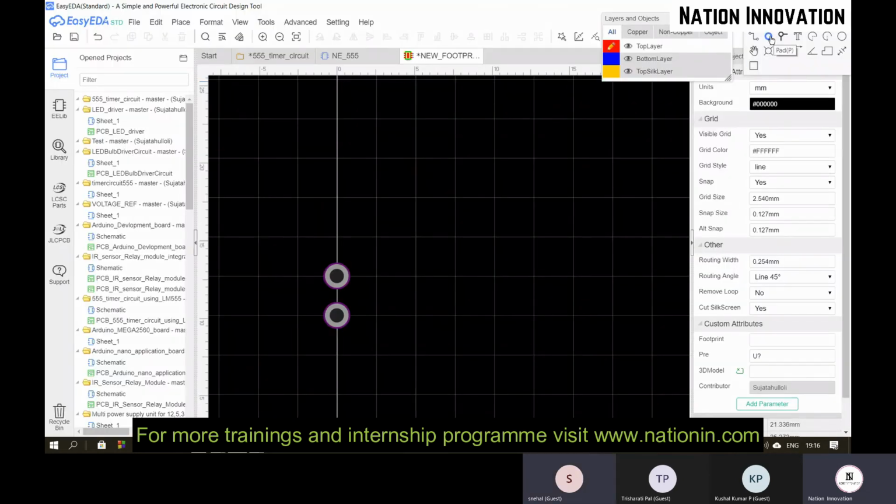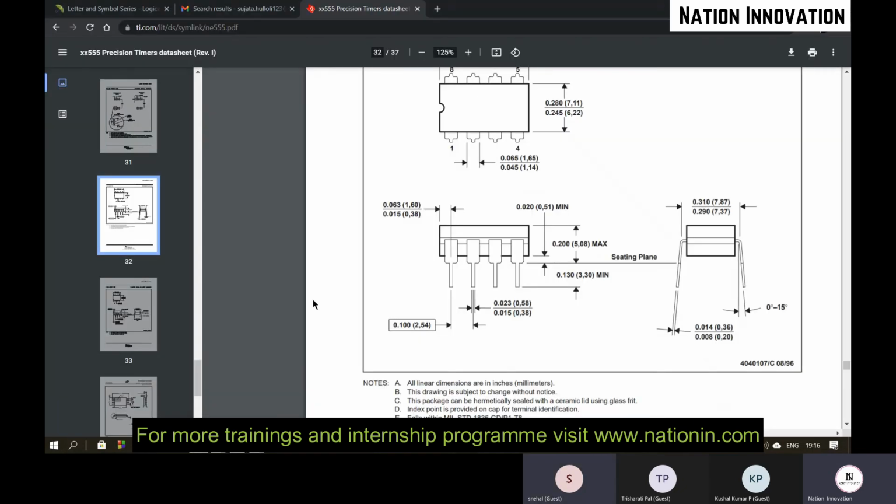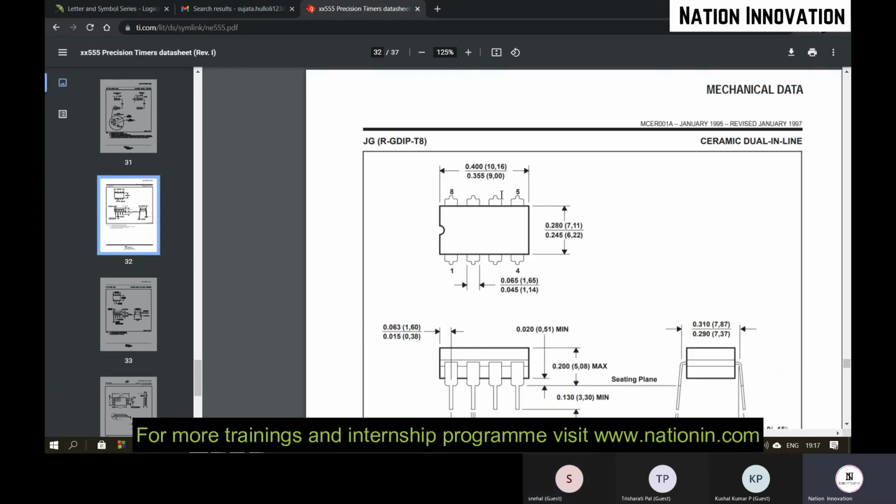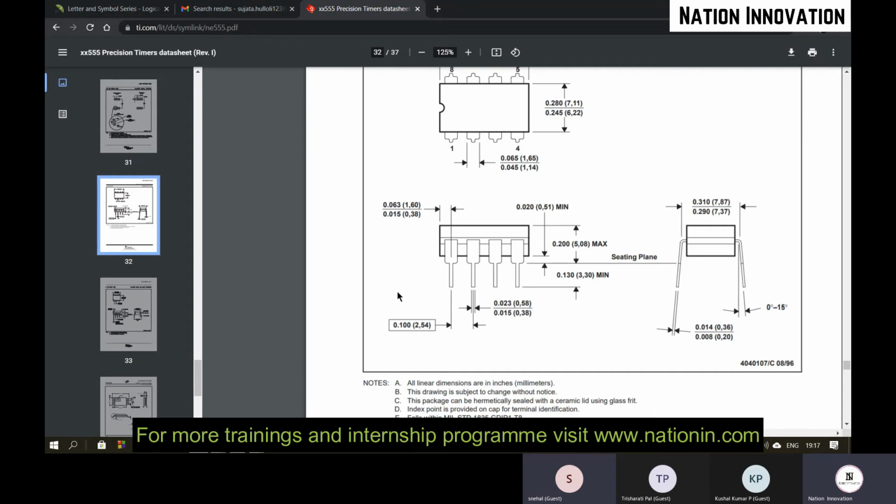Ma'am, why should it be 2.54 only? In the datasheet they have given 2.54 here. The distance between two pins is 2.54. Means for different ICs there would be different spacing? Yes. So for that only, you just go through these datasheets. They will be providing all the information.